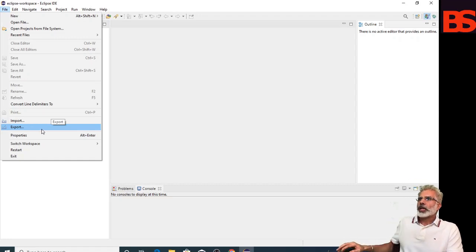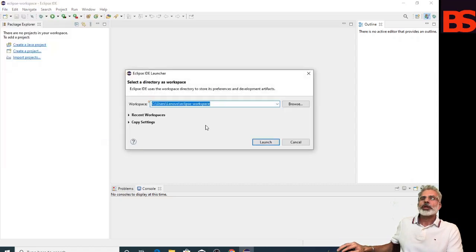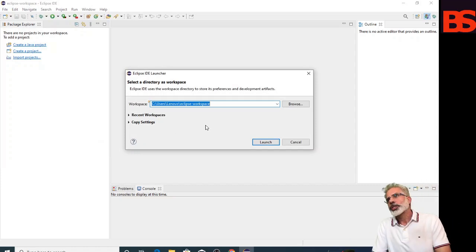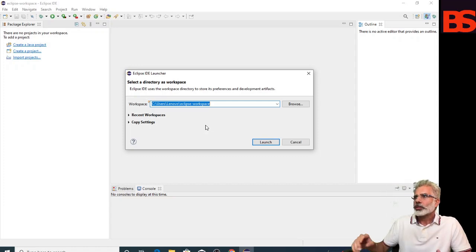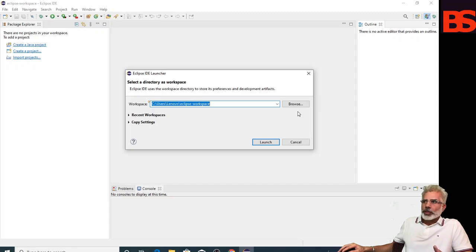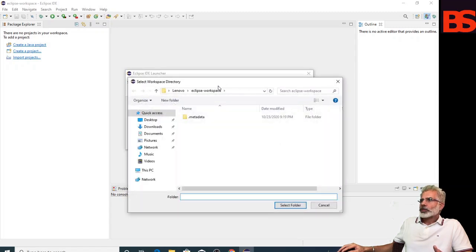In the file menu you can see switch workspace is also available. You can switch your workspace. By default, at the time of installation you have chosen this workspace, and if you want to change you can change, and go to browse and select the new workspace.